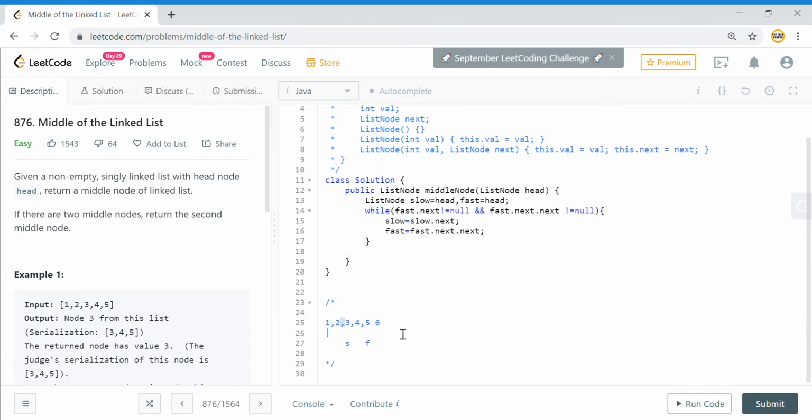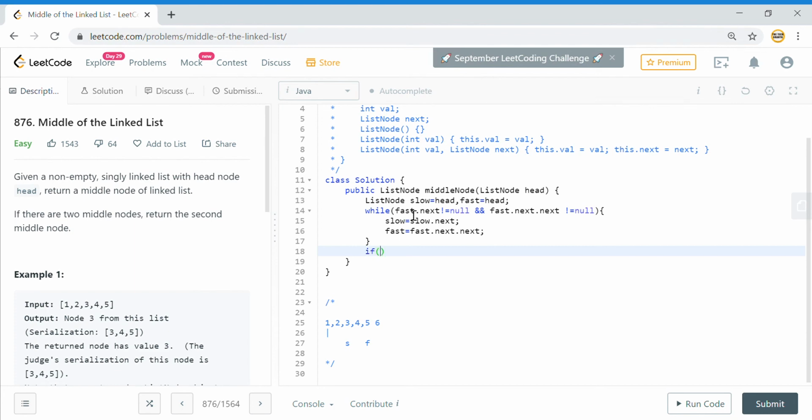Now in case of an even number of nodes we have two middle nodes, so I need to move one step ahead. If you see this particular case, fast is null, but fast dot next is not null. It means that it is an even list.